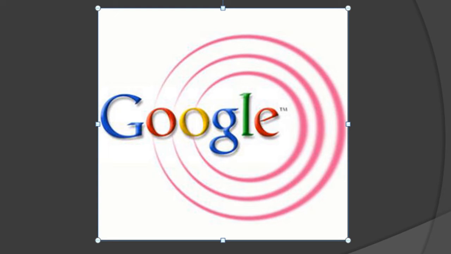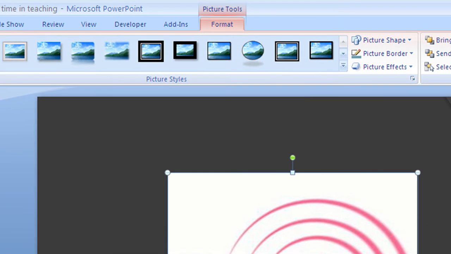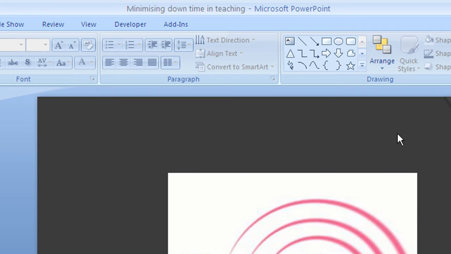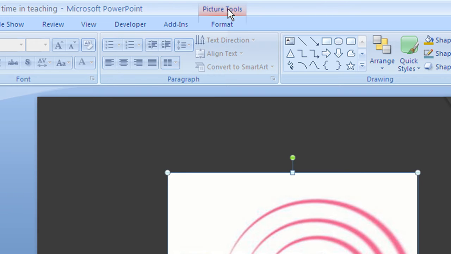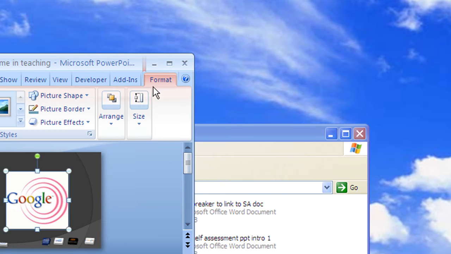Looks quite nice, and it's got a bounding box round it with all the relevant tags in that you can change the size, etc. But what is interesting is if we look at the top, and the cursor's moving towards it now, you'll see that there's a new tab appeared called Picture Tools. If I click off it, there's no Picture Tools. If I click on it, there's Picture Tools. And if I double click on,